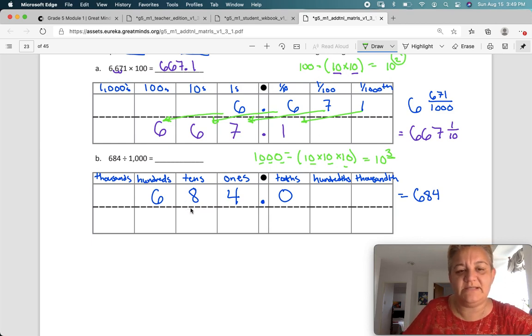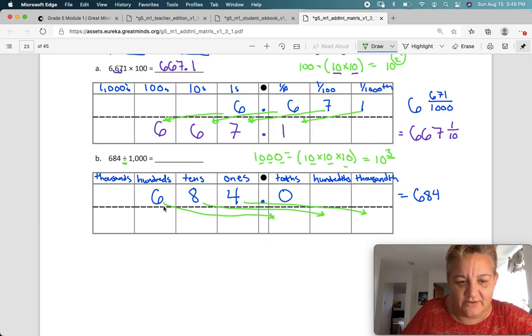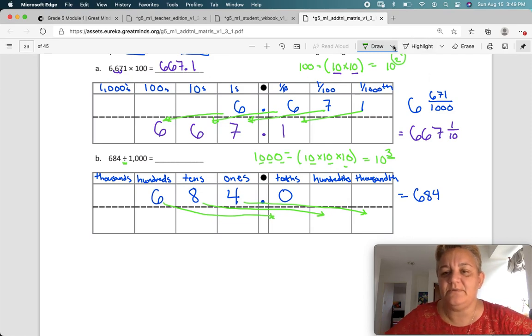We're going to go 3 times, but we're dividing. So we're not going to go 3 times to the left. We're going to go 3 times to the right. So the ones come all the way over here and become thousandths. The eights become hundredths. And the 6 becomes tenths. Okay? So, because I divided by 1, 2, 3 sets of 10, I have to go 1, 2, 3 sets over. And my new answer